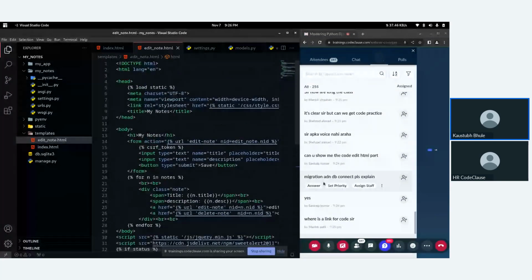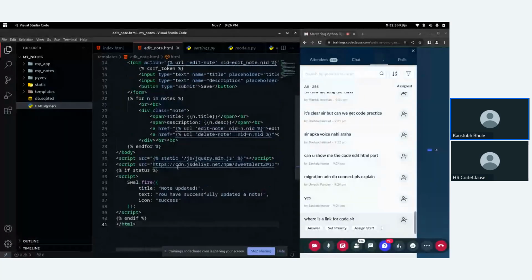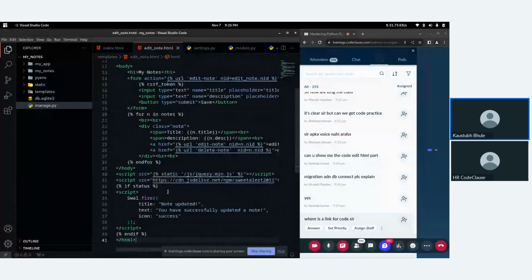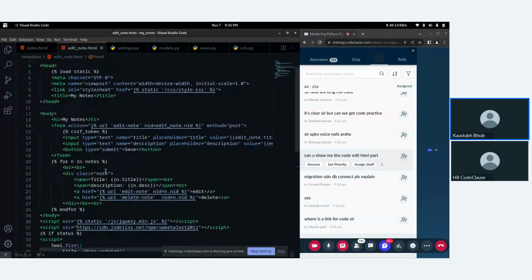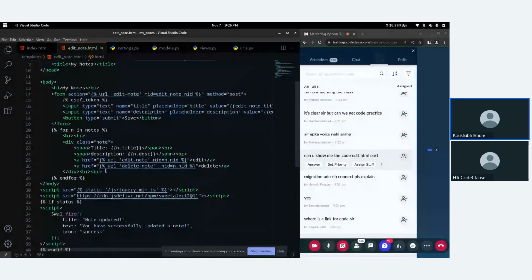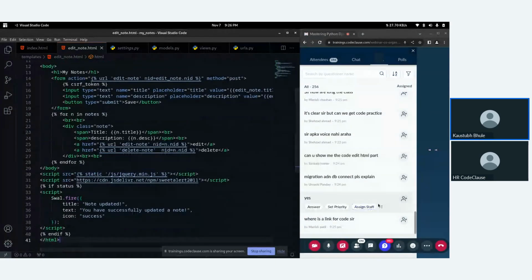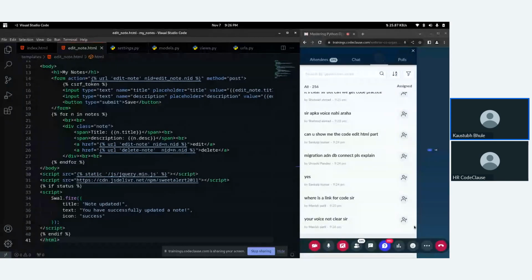Other questions? This is the edit node HTML part. Someone was asking about it. Your voice is not clear. Okay, now am I audible properly?